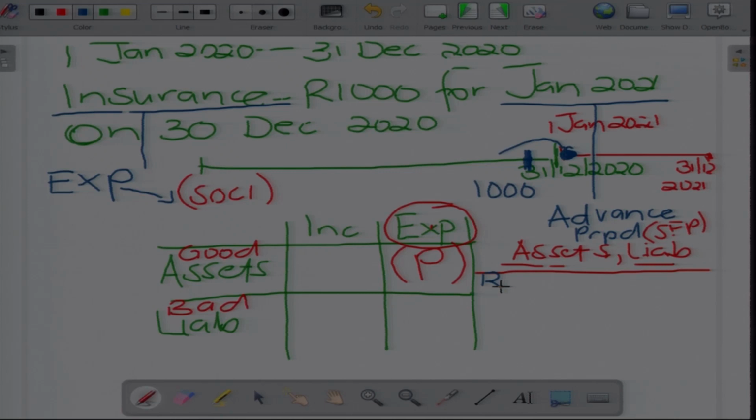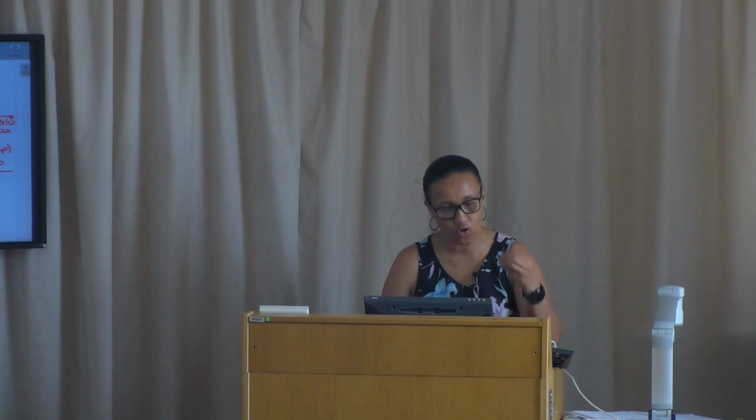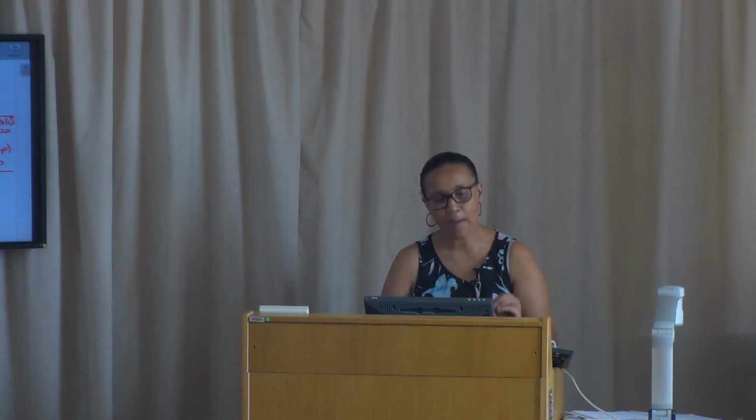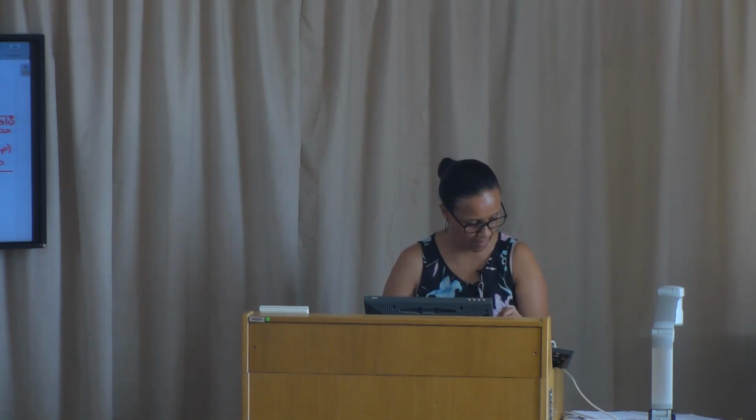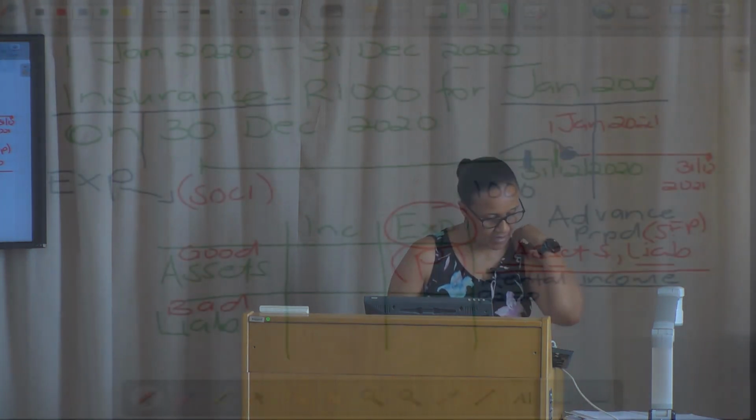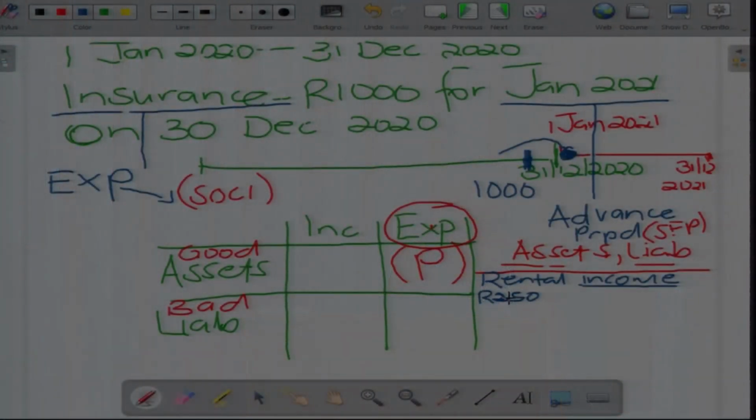So rental income is income, right? We know that. Now, it was paid for 250. You paid 250. I am the landlord. You are the person that's renting from me, right? So, you are the landlord. I'm the person renting from you. So, I must pay you 250 every month. But I pay you 250, right? So, the rental income is 250. But it is still outstanding